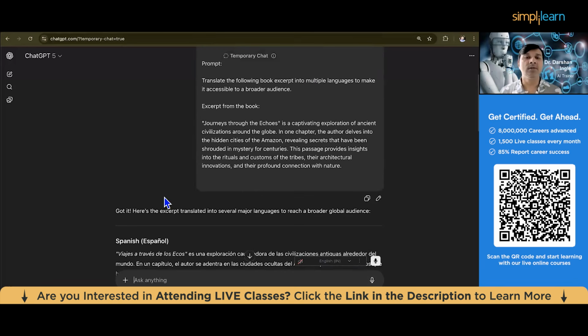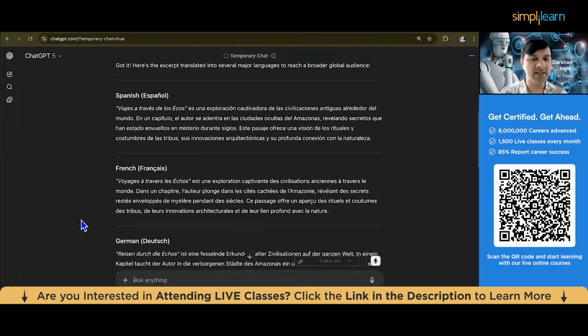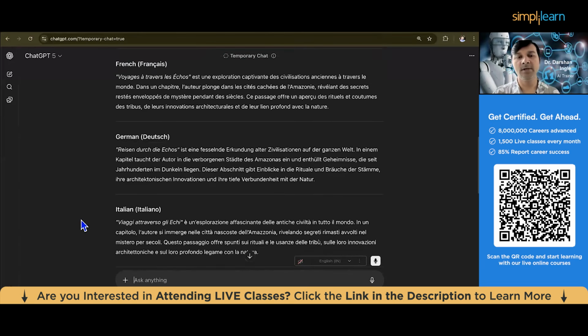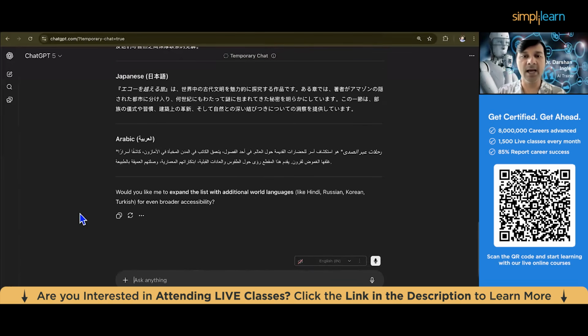Excerpt: Journey through the Echoes is a captivating exploration of ancient civilizations around the globe. In one chapter, the author delves into hidden cities of the Amazon, revealing secrets, innovations, and their profound connection with nature. Now you see it has translated to Spanish, French, German, Italian, Portuguese, Chinese simplified, Japanese, and so on. If I have to do it using the Ratkov principle,